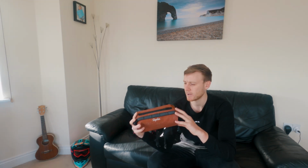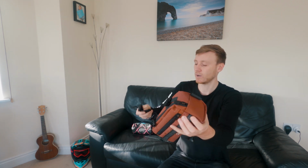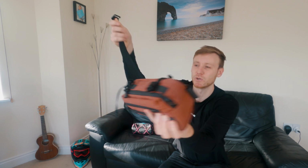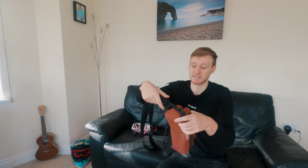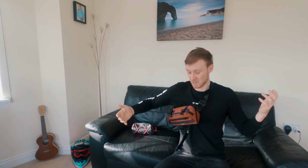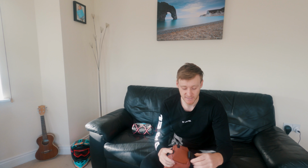Okay, so the RAPHA bar bag actually comes with a shoulder strap that you just attach to these little side things, I don't know what you call them, and to this side, and then obviously you've got a bit of a man bag, man satchel, which is quite a nice little feature. I probably will never use that, but it's nice to have that sort of option, especially if